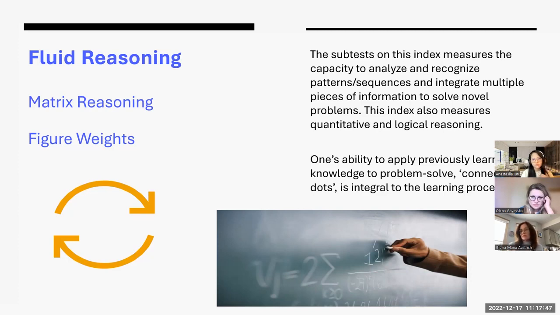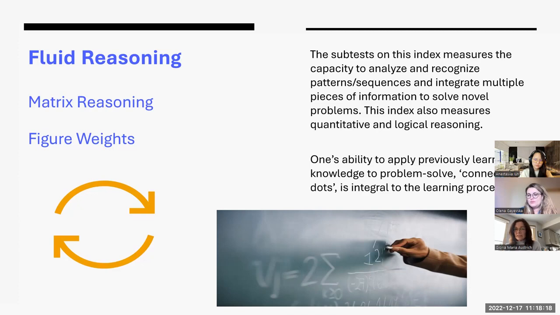So in matrix reasoning, a student is presented with a block that is divided in 4 parts. There are 3 pieces of information and one is missing. The student has to analyze the information that's there. And again, you're looking at visual detail as well. The child looks at the pattern, whether it happens to be a sequence or a pattern, because it becomes more complex as the test goes on, and then predicts what is missing.